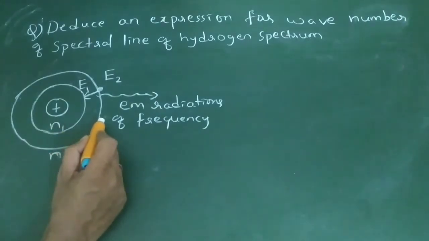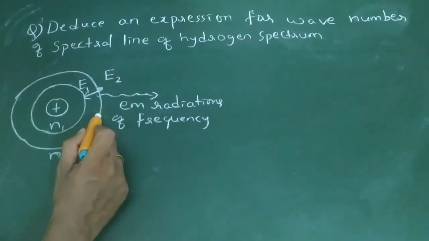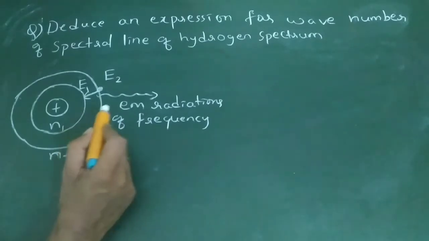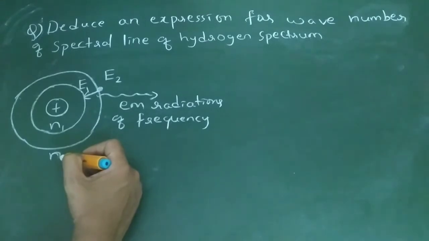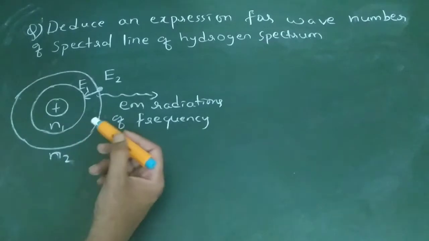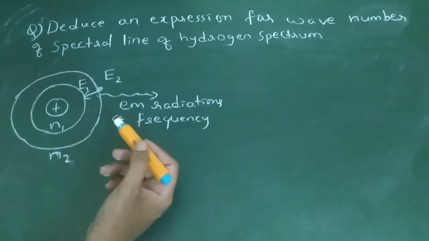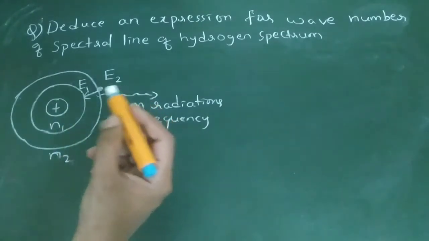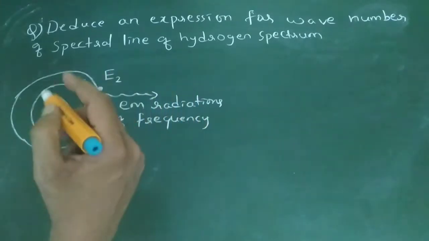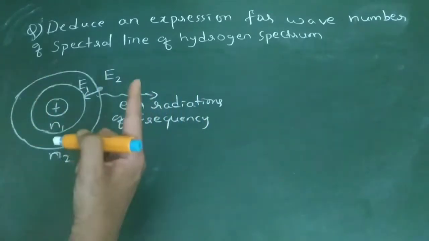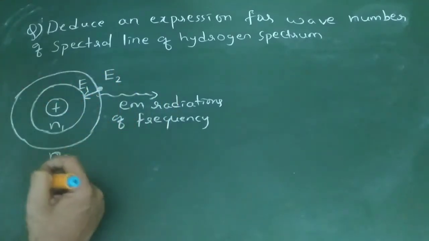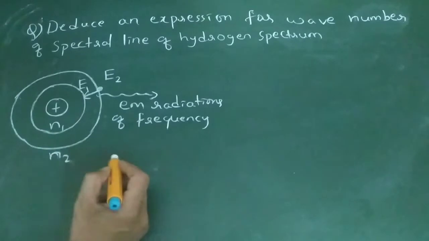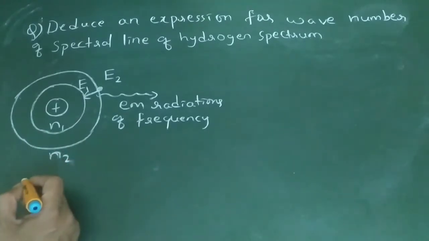That means if an electron jumps from any orbit to another particular orbit, it is based on the principal quantum number, that is, from which orbit to which orbit the electron is jumping. Based on that, we can calculate the wavelength of the electromagnetic radiation which is emitted by an electron when it jumps from a higher orbit to a lower orbit. So that is what we are finding. I believe you have understood.